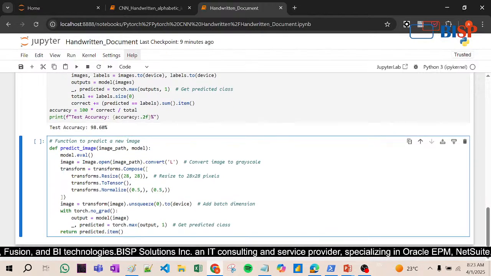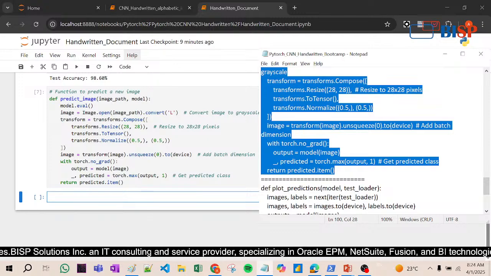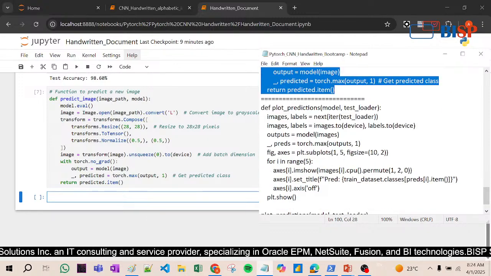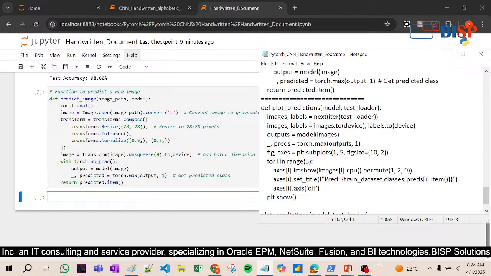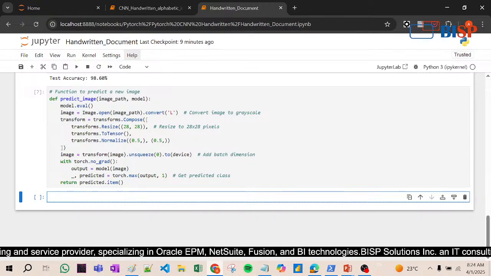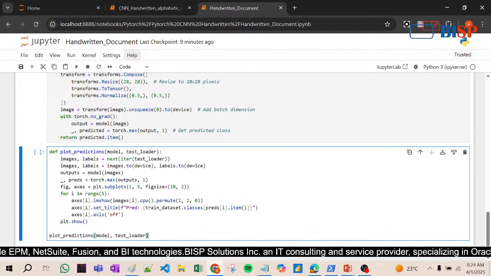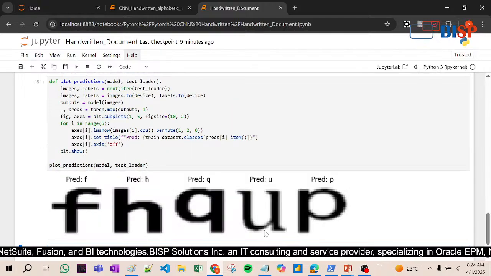You don't need to do anything in it. This is called the prediction function, and now the same function we are going to plot. Now def plot_prediction, right? So whatever the predicted image is, it is sent here, and then based on that it will plot the image. Now if I hit enter, you will see here predicted F,